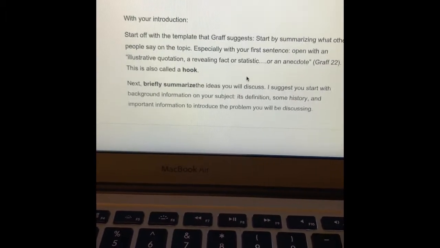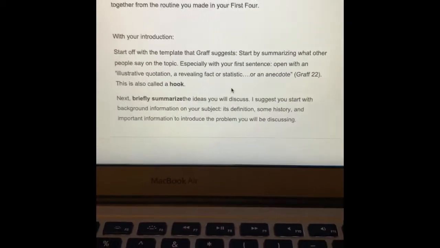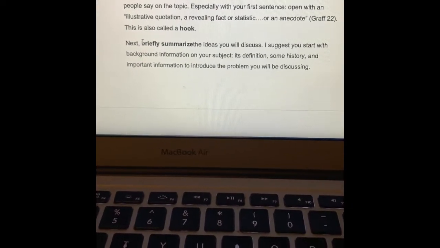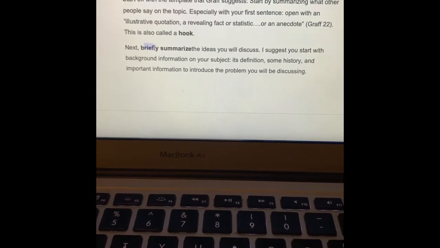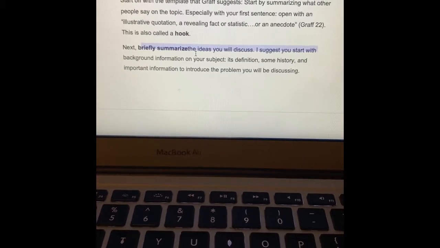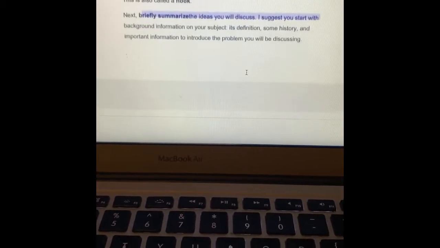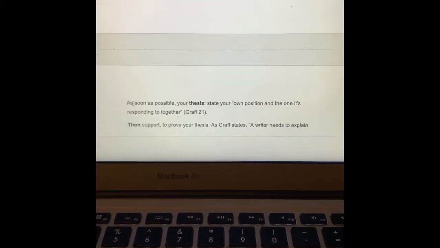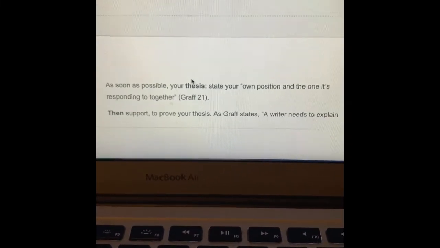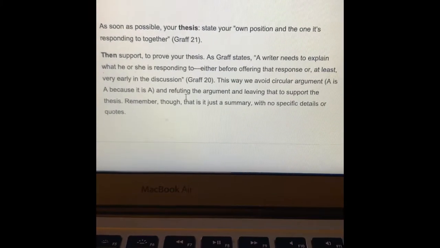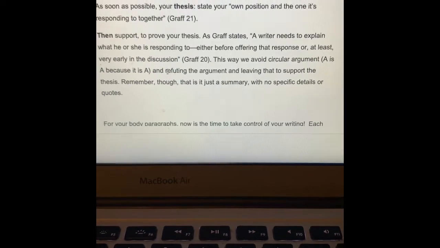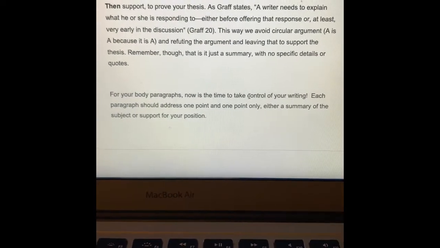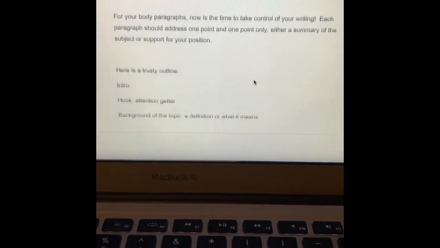And you'll be putting those sources in the Works Cited page in your first 4, but also using them for your essay with your introduction. Same thing, the hook. But now what you're going to be doing is in your introductory paragraph summarizing the ideas you'll discuss, the background, meaning definition, history, any important information you'll be discussing, for example, defining the solution, and then for your thesis, your opinion on the solution, will it work? And then, of course, your support, the reasons for your solution, and then, of course, objections and refutations, and then, of course, body paragraphs for each of these topics.